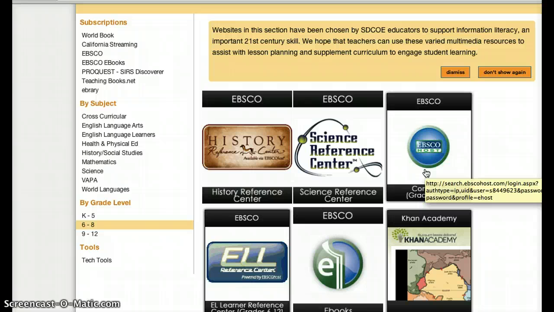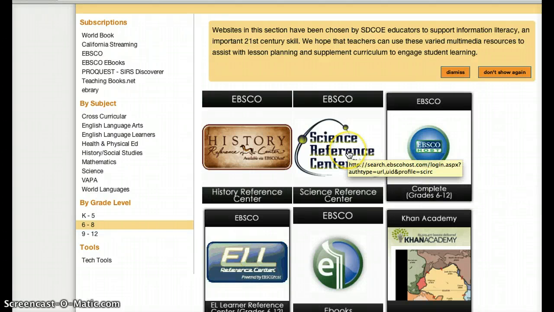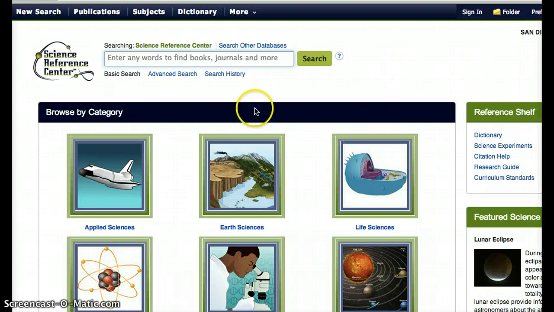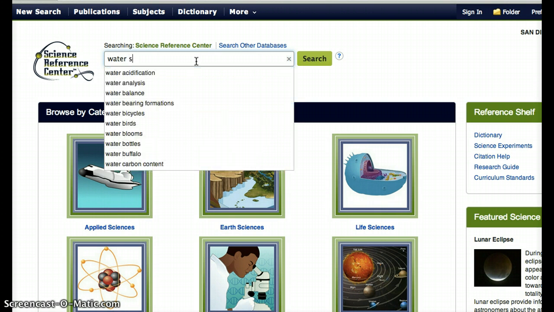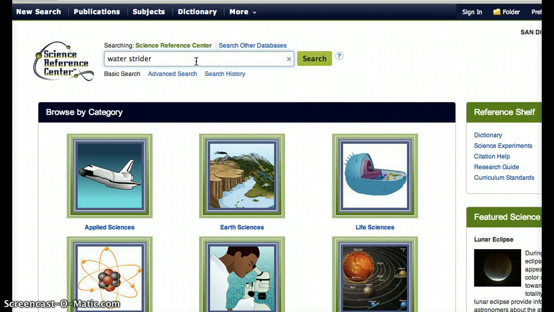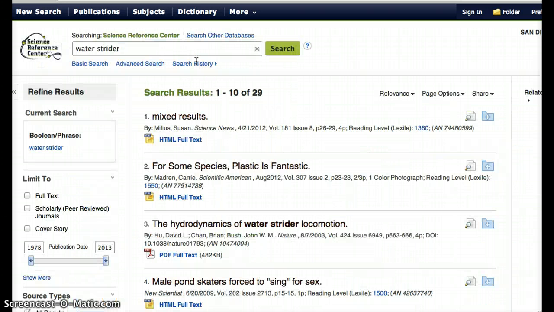So let's say we want to do some research on how water striders actually walk on water. Since that's a science topic, I would go into the Science Center here, and in the search bar, I would type in water strider, and it's going to pull up resources, only 29, which seems manageable,